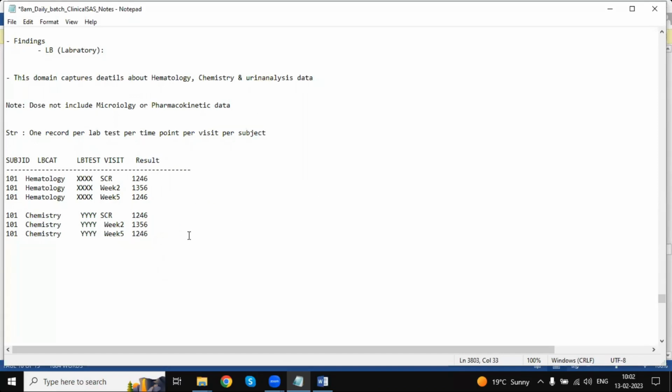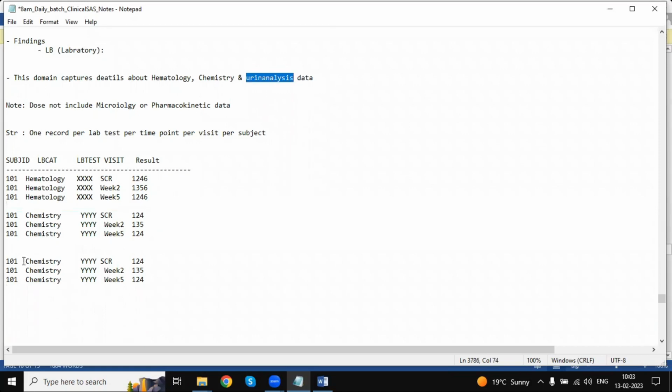Same for urine analysis. Some YY test you are doing. For a test, you got different results. Each time you do a test, you will get different results, at the time of screening, week 2, week 5. So when you compare at the time of screening,